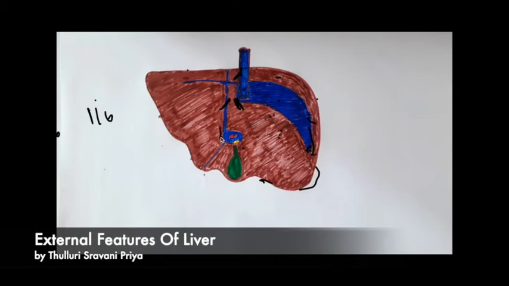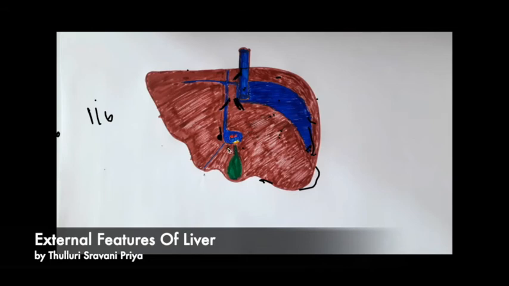And then on the left end of the porta hepatis, we'll see a small tuber-like elevation known as the tuber omentale. At this point, it makes a relation with the lesser omentum coming from the stomach. And this is about the caudate lobe. We see it on the posterior surface, with its boundaries on the right side, left side, above and below.